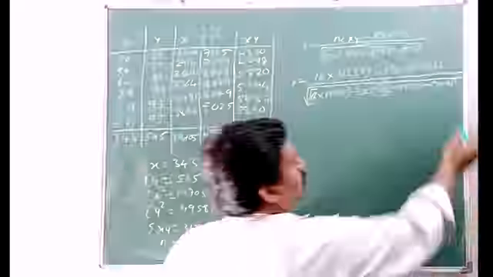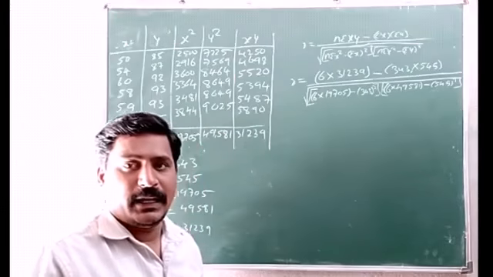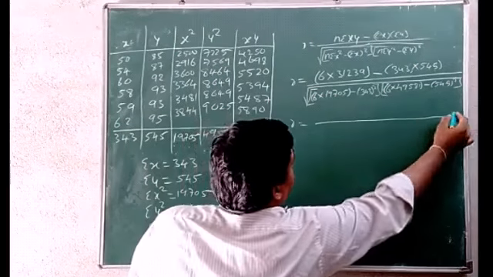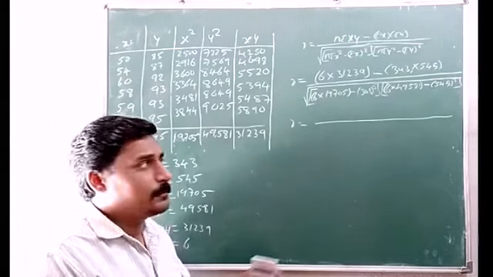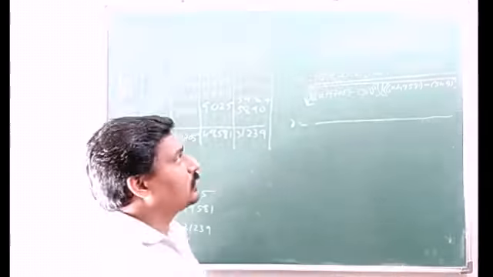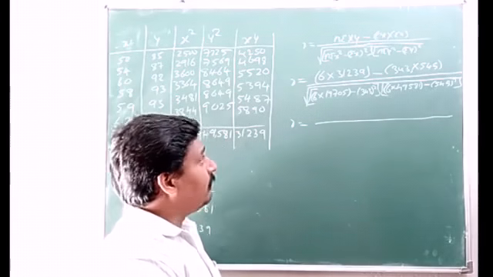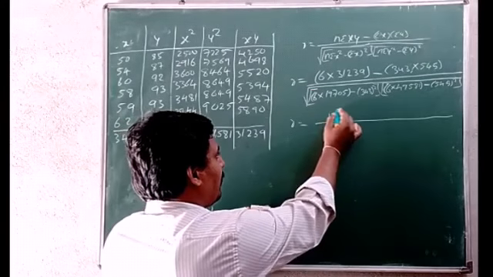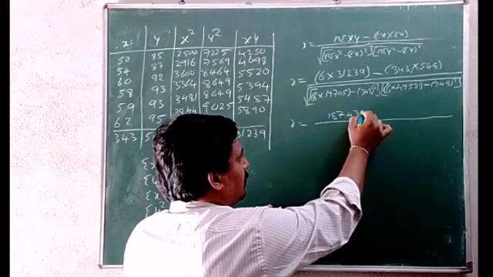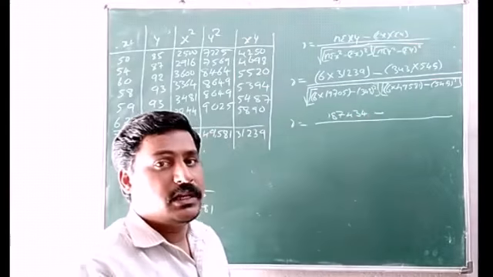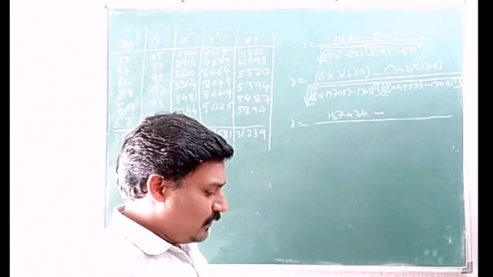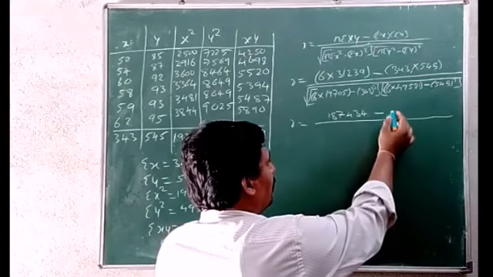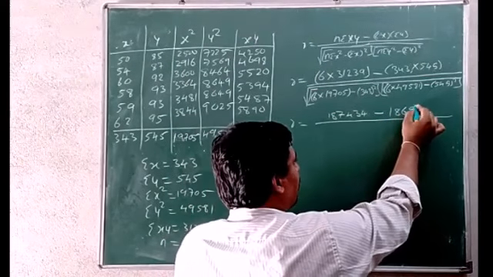Okay. So now just open each bracket in the next step here. One should be careful because chances of making mistakes are more as here bigger figures. So first 6 into 31,239 that is 1,87,434 minus 343 into 544. 343 into 545, that is equal to 1,86,935